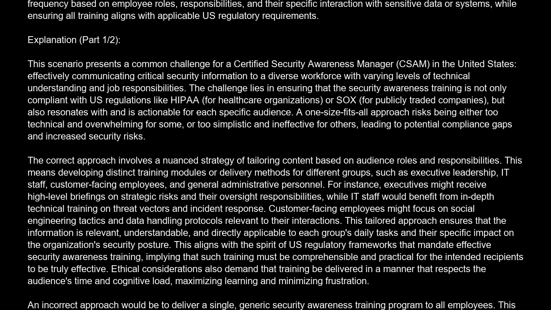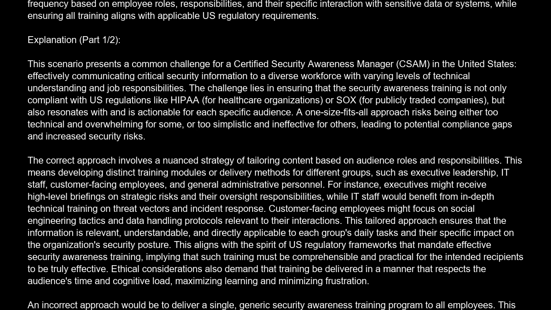The correct answer is C. Develop and implement a tiered security awareness training program that tailors content, delivery methods, and frequency based on employee roles, responsibilities, and their specific interaction with sensitive data or systems, while ensuring all training aligns with applicable U.S. regulatory requirements. Explanation. This scenario presents a common challenge for a Certified Security Awareness Manager, CSAM, in the United States,